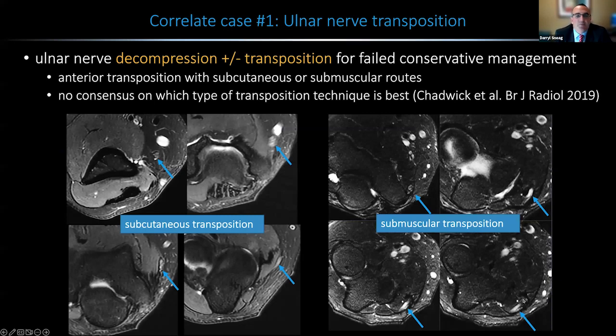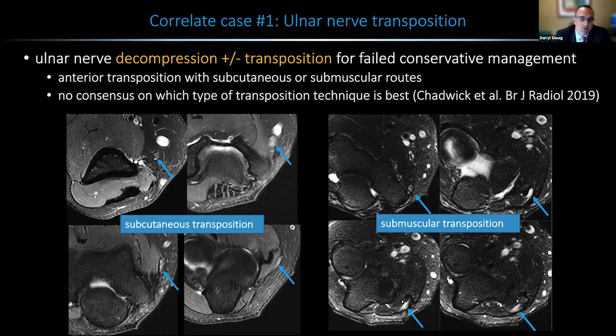So ulnar nerve decompression, and more commonly transposition, is often indicated for failed conservative management. Anterior transposition, there are two basic types. You can either have subcutaneous or submuscular, where it's tucked under the muscle. There's really no consensus on which type of transposition technique is best. Submuscular, I believe, is a little bit more technically challenging, but the idea is that it's protecting the nerve deep